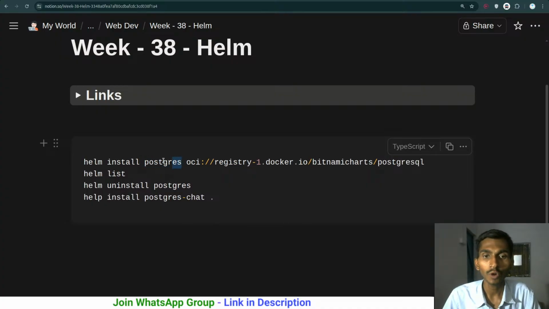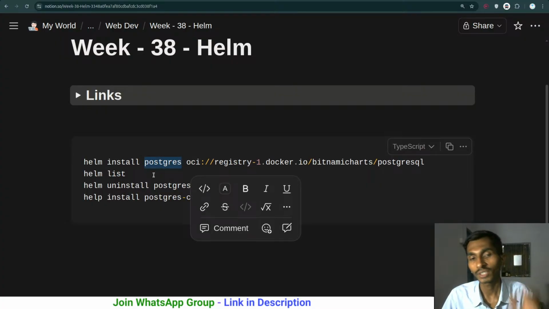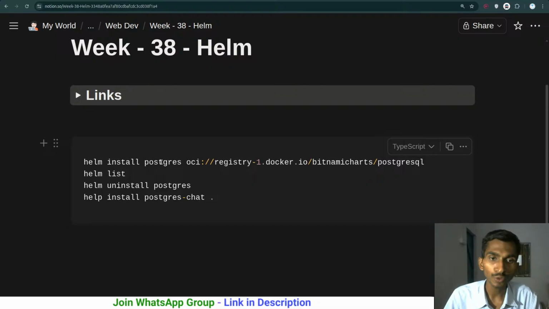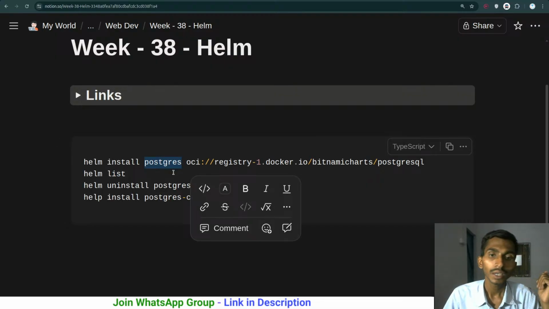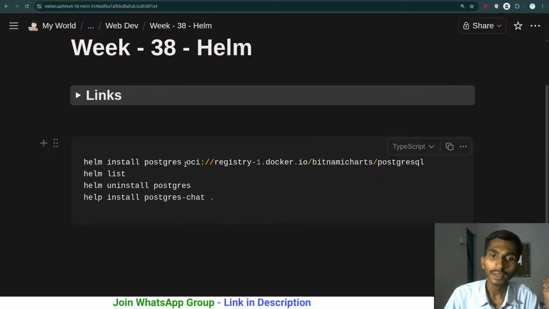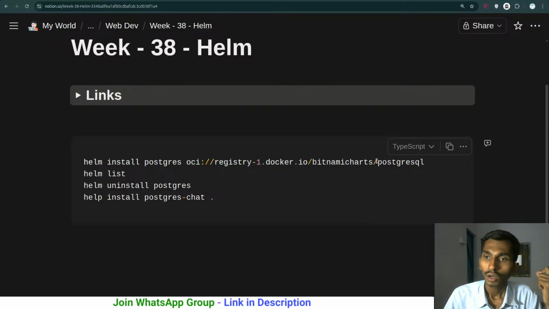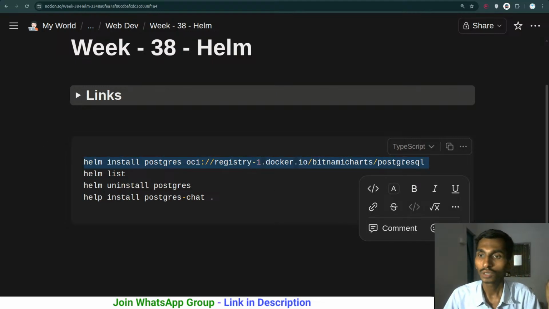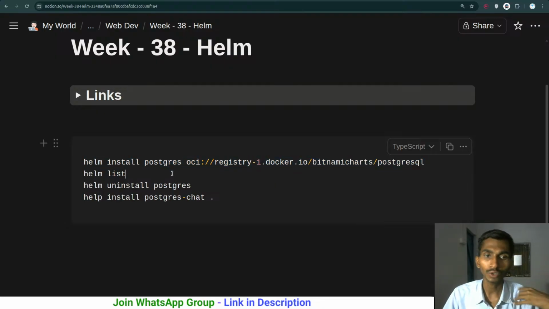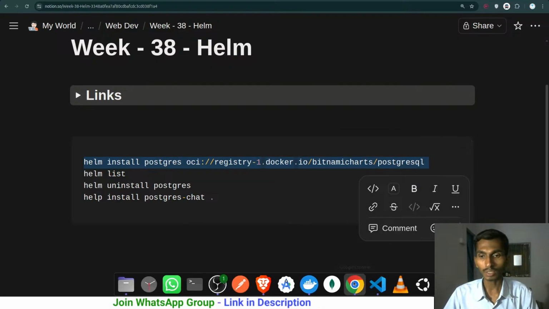This is just the name of the deployment, not even the deployment, the Helm process that you are starting. That process will mainly be responsible for creating the deployments and all. So you can just simply get the YAML code written for PostgreSQL by default. You don't have to create a YAML configuration for PostgreSQL. Rather, by running this command, you can just simply get it. So if I just simply run this command really quickly,